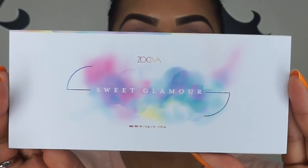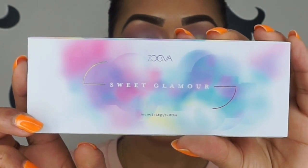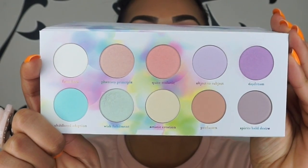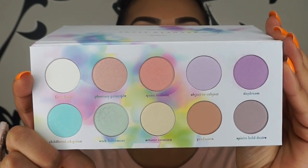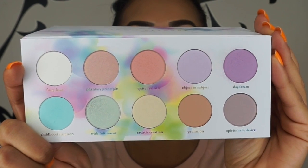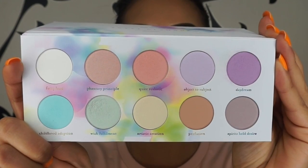It's sweet and girly with a nice mixture of colours. And then the blush palette is pretty much exactly the same, probably with more colours on it than the actual eyeshadow palette. So this is what the actual eyeshadow palette itself looks like. As you can see, it's a gorgeous range of very pale pastel shades and a mixture of matte eyeshadows as well as shimmer eyeshadows. So the eyeshadow palette comes in a cardboard box, which just slightly annoys me considering